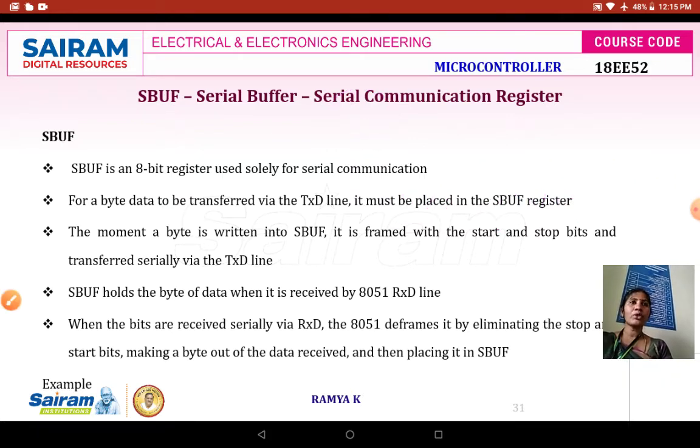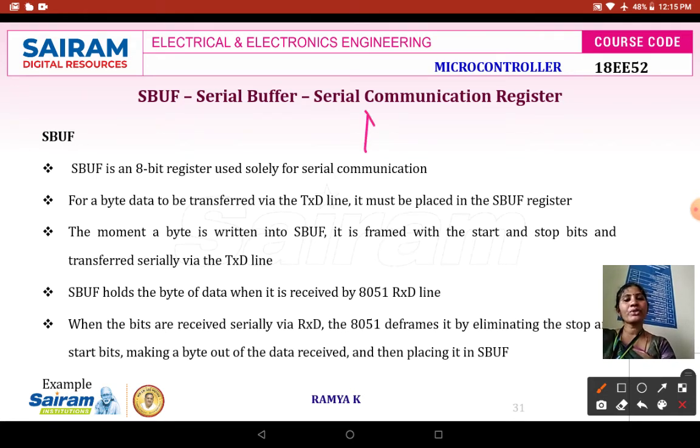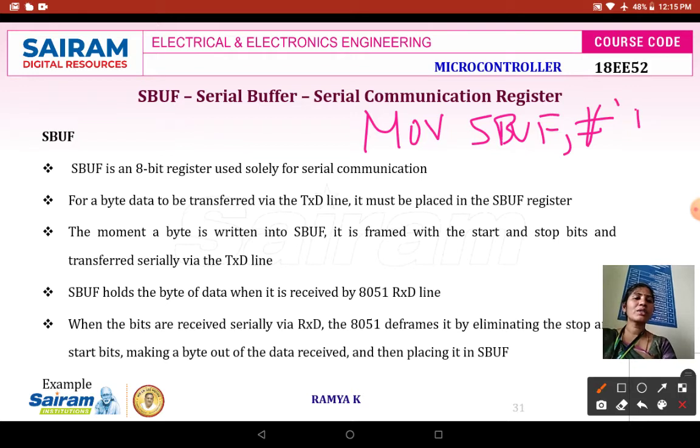Suppose I want to store an ASCII 'D', I use the instruction MOV, the data transfer instruction used for moving data from source to destination: MOV SBUF, #'D'. Because D is ASCII, I use it like this.